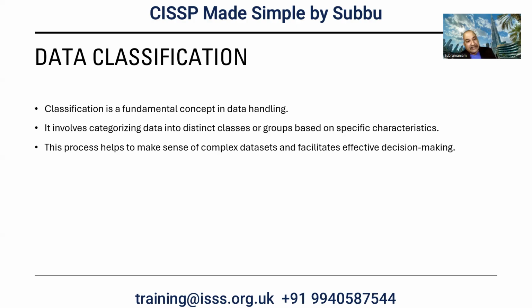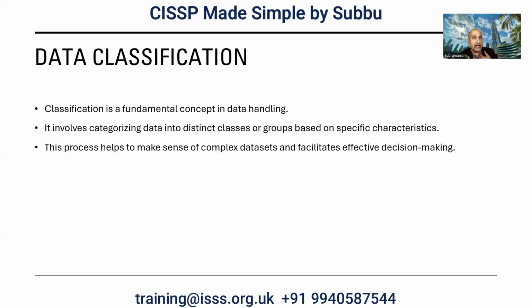So it involves categorizing the data into distinct classes. There's something called the labeling. There is something called the classification. So what is the difference between labeling and the classification? Classification is based on the sensitivity, whereas the labeling is based on the departmentalization or compartmentalization is what I actually call it as. For example, HR, finance, let's say the material management,